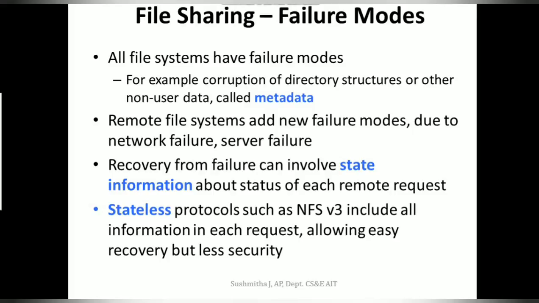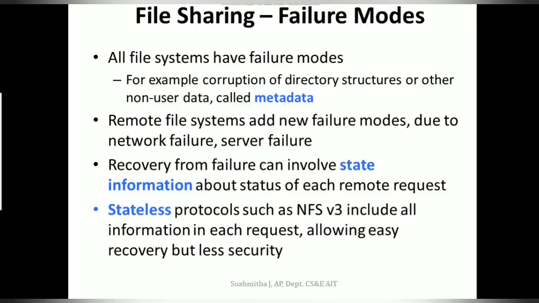So this file is stored in another temporary storage, and it will be recovered from that temporary storage. That will happen in case of your local failure. In case of remote failure, your data will be handled by the protocol. If there happens to be any failure, the protocol allows you to recover your file or data.